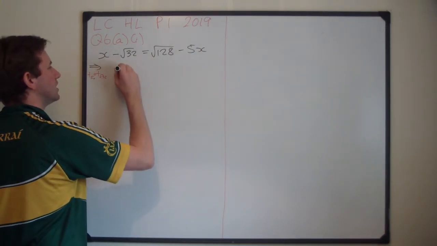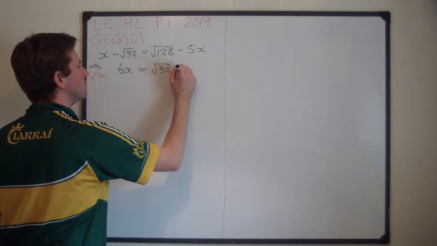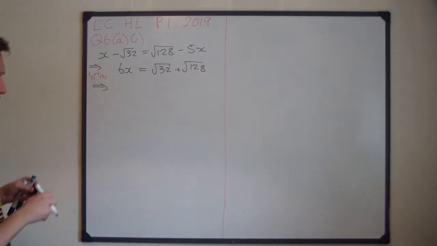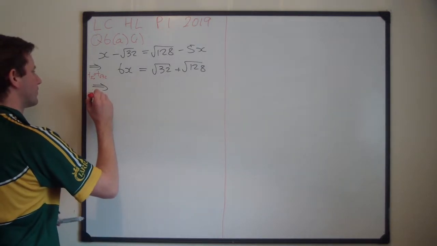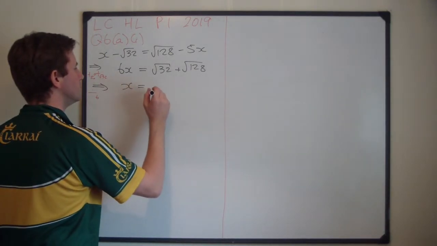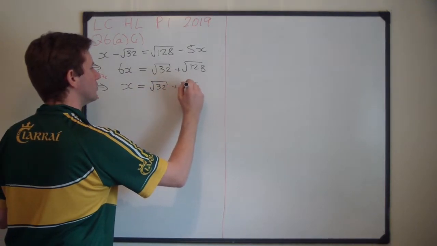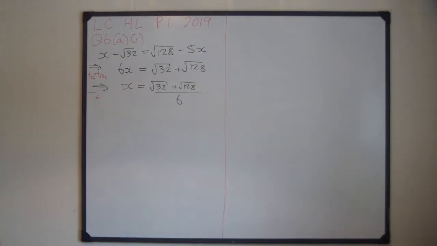5x plus x is 6x, equal to square root of 32 plus square root of 128. And then if you want to get x on its own, you divide both sides by 6. We end up with x is equal to square root of 32 plus square root of 128 divided by 6. Now what we're asked to do next is to write this as a multiple of root 2,